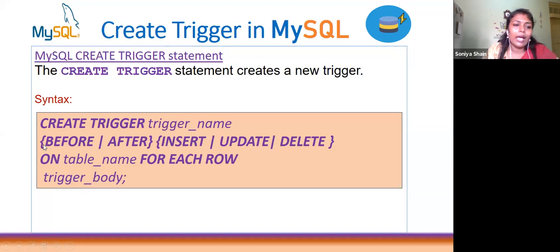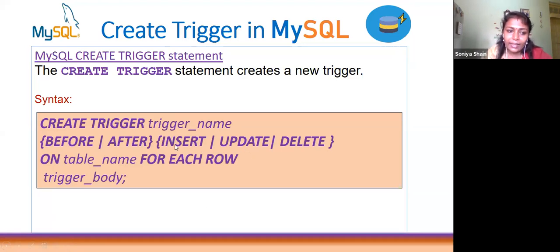Okay, and next comes before or after. Remember, that is for our operation. I told you trigger can happen in two ways. I told you for which statements it can be executed: insert event, update event, and delete event. Here it is insert, update, delete.